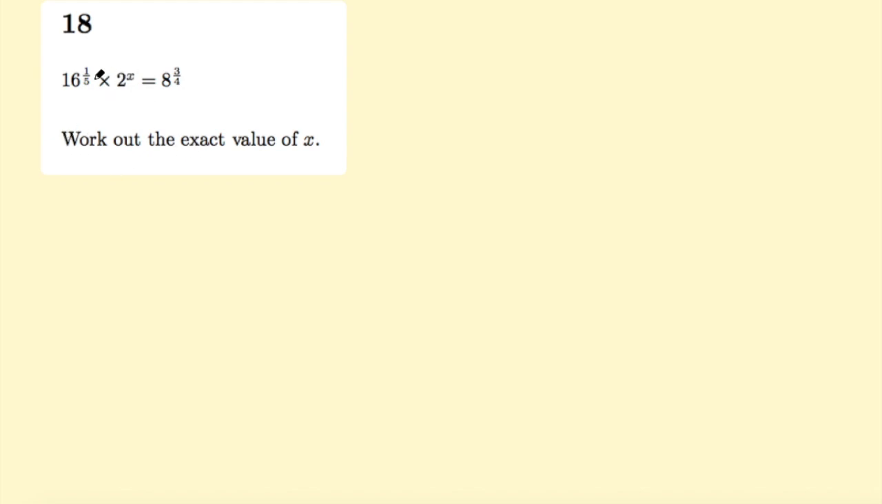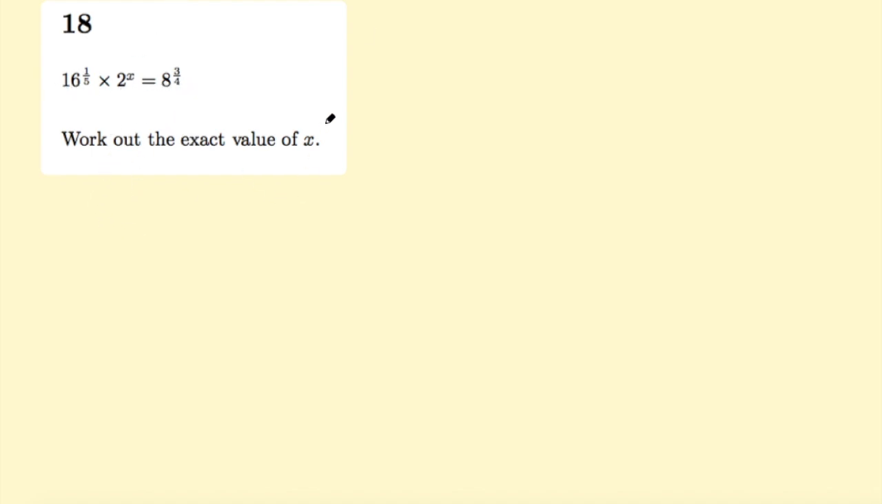So it's given us an equation: 16 to the power of 1 over 5 multiplied by 2 to the power of x equals 8 to the power of 3 over 4. And it asks us to work out the exact value of x. So we need to use our knowledge of index laws to find what x equals here. And the only way we can do this really is to make sure that all of these numbers have